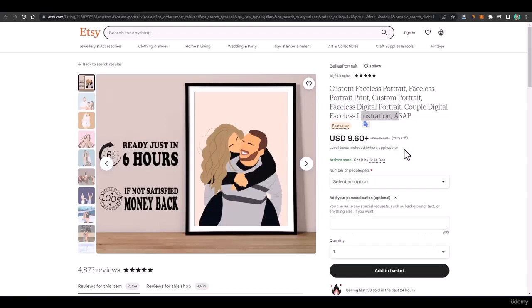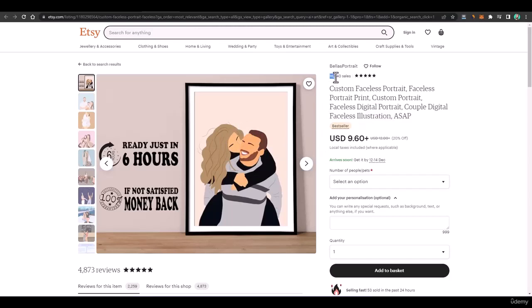So first of all, let's have a look at a few Etsy profiles, because Etsy.com is a platform where sellers sell arts and paintings and wallpapers, and there are a lot of sellers there. You can also be a part of this community and sell your own art by creating it. Here you can see a portrait. You can get a picture from a client, then create this kind of portrait using AI, and then sell it.